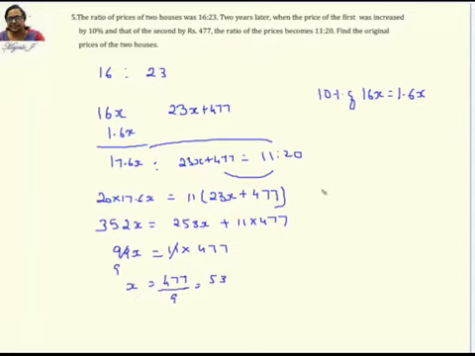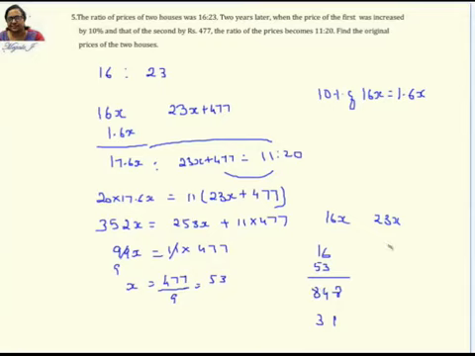Find the original price of the two things. So original price is nothing but 16x and 23x. So the first one is nothing but 16 into 53. I think I would have given you this cross method. 16 into 3 is 18. Keep 1 as a balance. Then cross multiplying, 1 into 3 is 3 plus 6 into 5 is 30. 33 plus 1, 34. 3 balance. 5 plus 3 is 8.